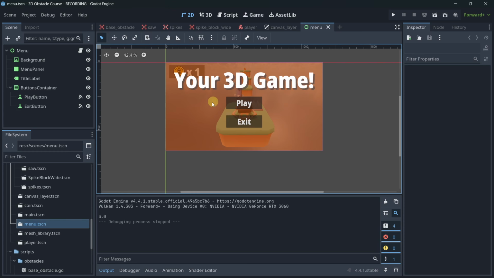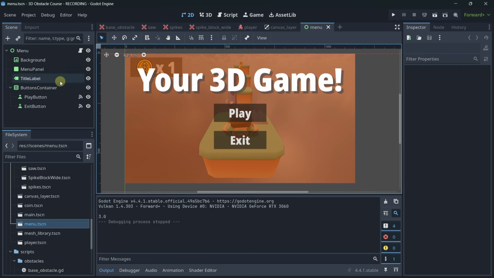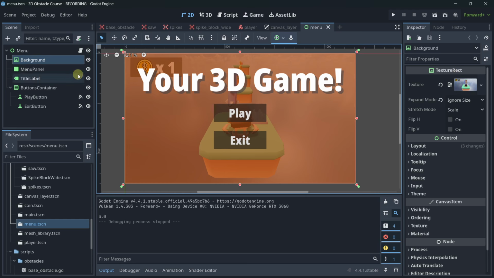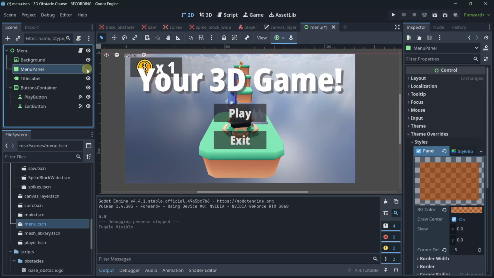Okay. And now with this information, you can actually go ahead and create your own UIs. I will just super quickly analyze these ones because we will also understand more things. So this is the menu. Okay, it's pretty similar. The only thing that is different is that we have a new node, which is the texture rect node, which basically allows you to put images. That's all. So here, this is just a screenshot from the game. It's basically the sprite 2D, but in control nodes. And then I just put a menu panel, which is basically this. This would be the same thing as with a color rect, in which you change the opacity. So let's say that I hide this. So I just want to have more